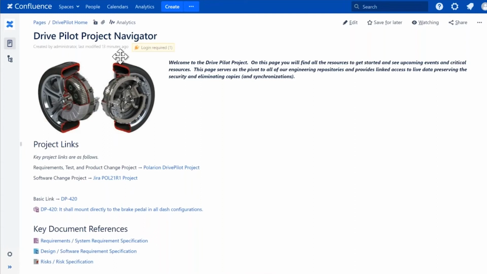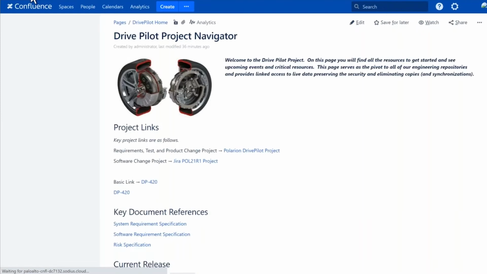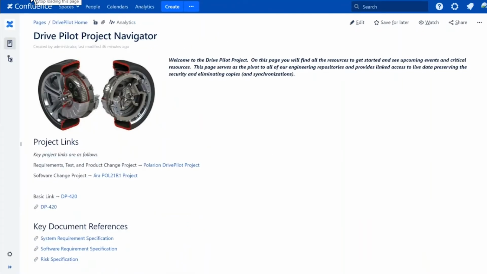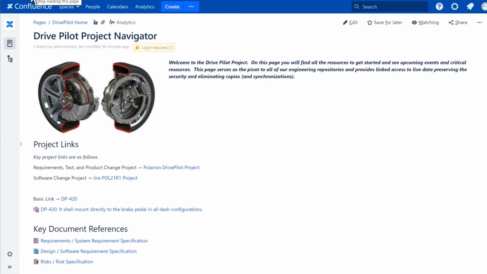So let's go over to Confluence. Let me just give a quick introduction for those who might be Polarion users that haven't used Confluence. Confluence is basically a simple markup web environment. It's a way for engineers to write things about projects, share information about projects, write some simple text, and put hyperlinks into these elements.